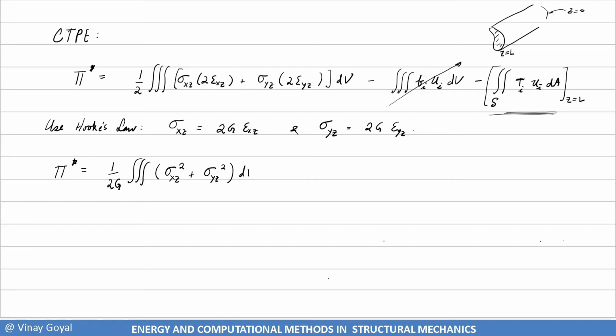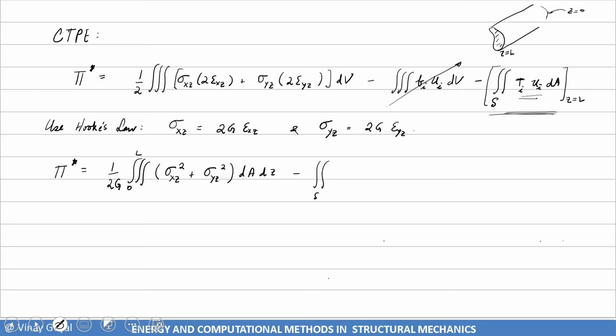And now I have dV, which I could make dA dz. Okay, so this one goes from 0 to L, basically. And then I have this integral here,